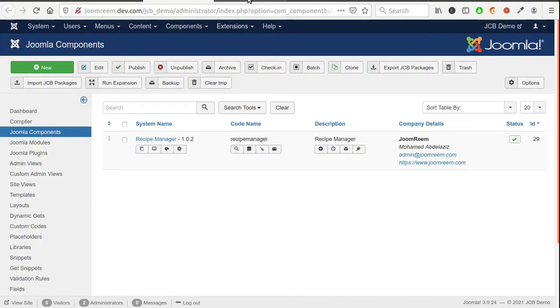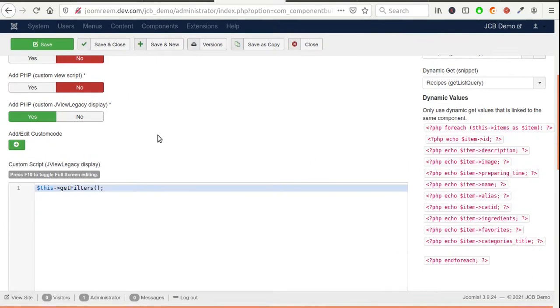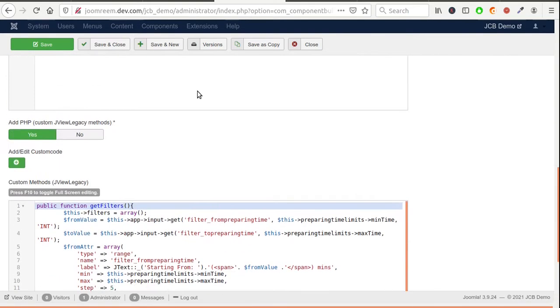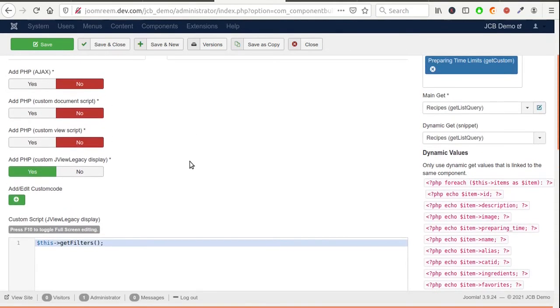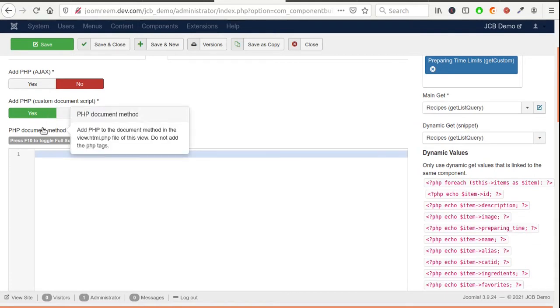Go to the recipes side view, PHP tab, and activate the custom document script function.